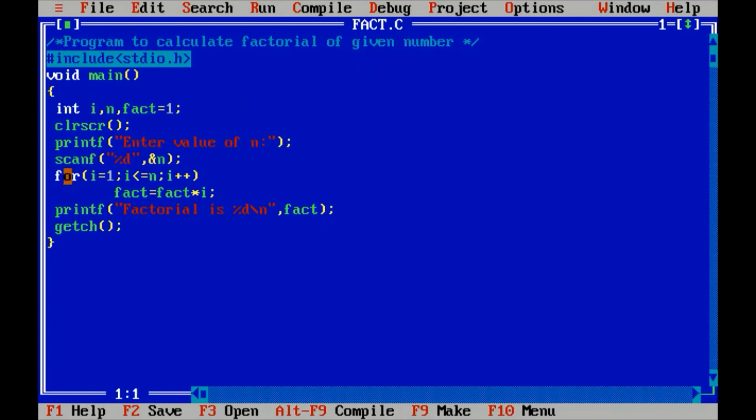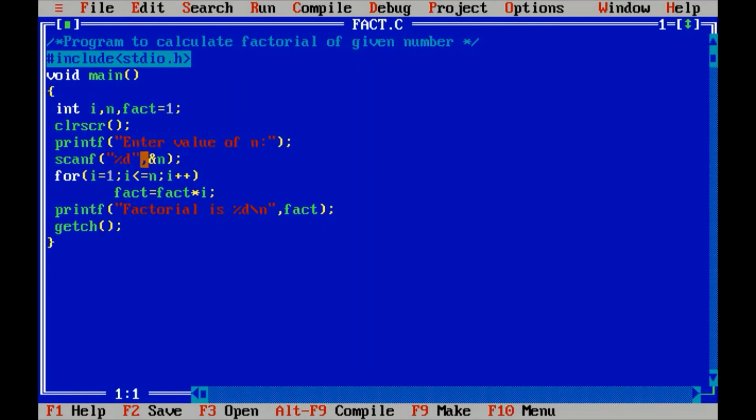So as we discussed some time before, for i is initialized to 1, i less than or equal to n, i plus plus. The i value is initialized to 1 because it has to start from 1, and if the value of n is 5, it has to do the multiplication up to 5.